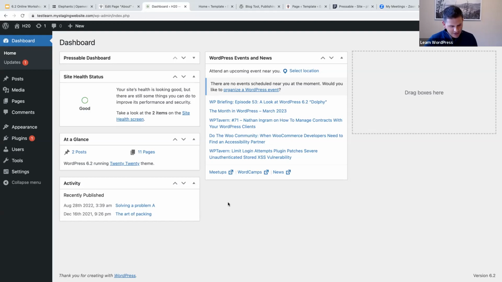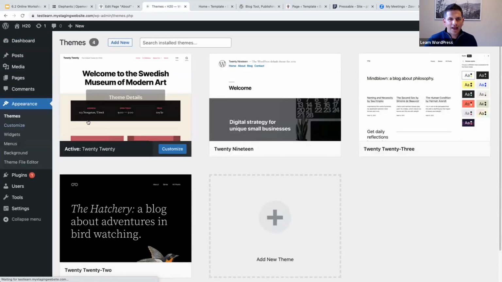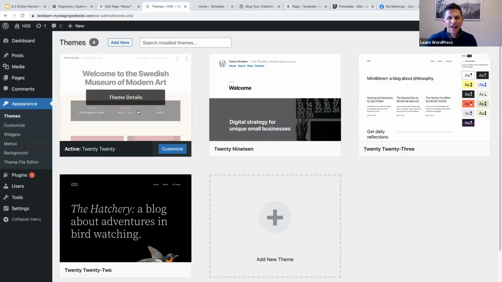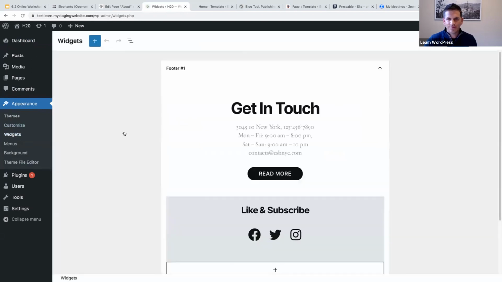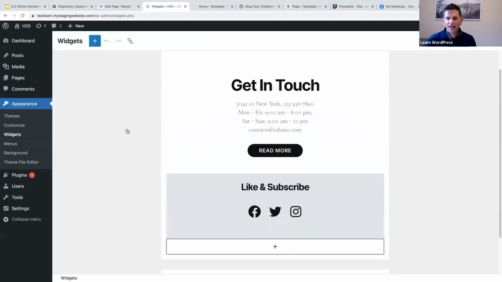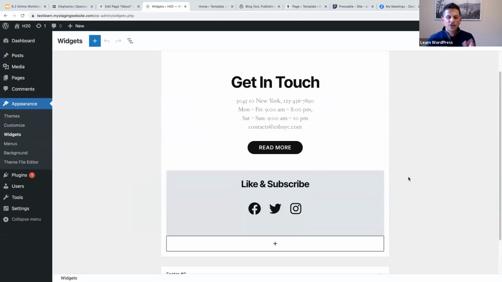But all right, so let's talk about importing widgets. So in this test website, you will notice I actually have a classic theme installed, the 2021. So you'll see I've got the customize, I've got widgets. So let's go to widgets. And you will notice I actually have a widget here that I want to use on my